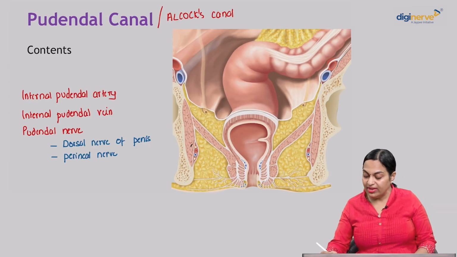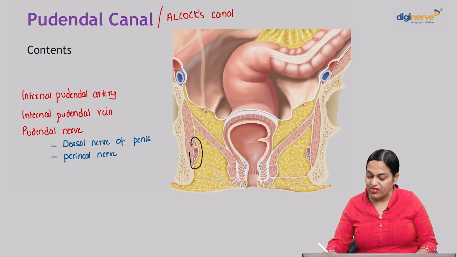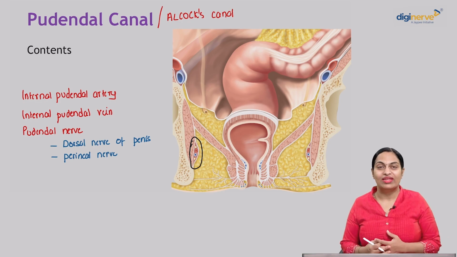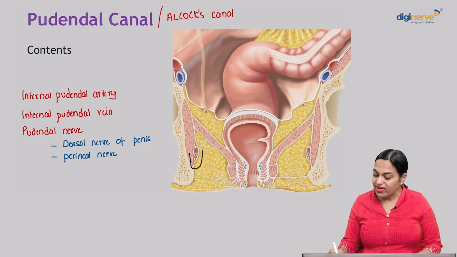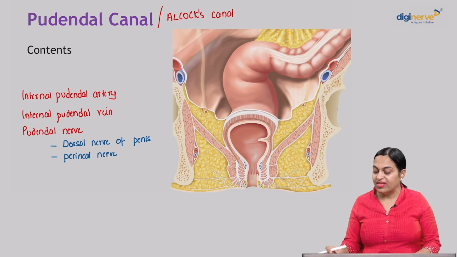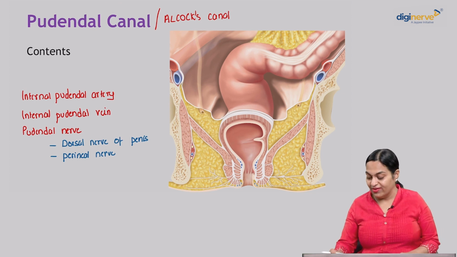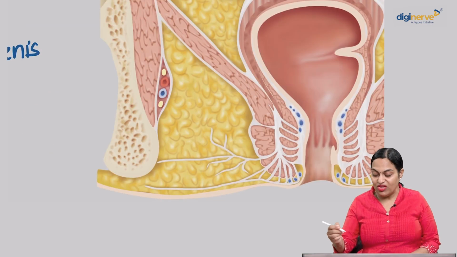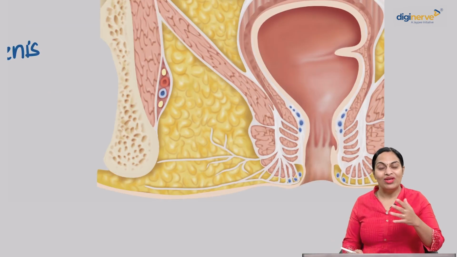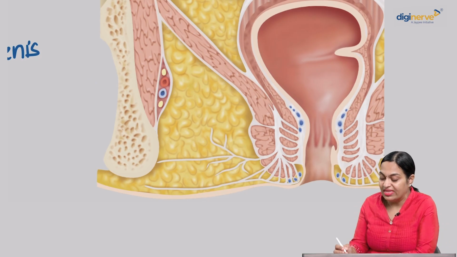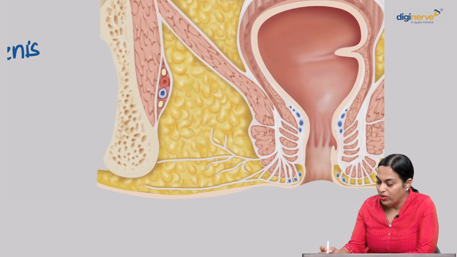And over the lateral wall of this ischioanal fossa, we saw the pudendal canal, which is also called the Alcock's canal. What does it contain? It has the artery, vein and nerve. So it is the internal pudendal artery, the internal pudendal vein and the pudendal nerve. But you see sort of two nerves, right? So the pudendal nerve has already divided. So the arrangement of the structures in the pudendal canal from above to below will be: